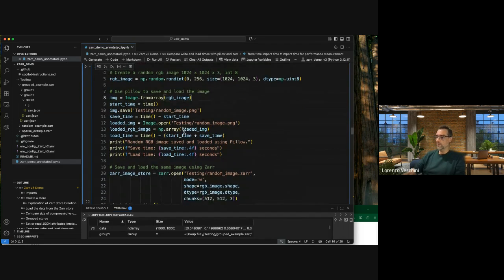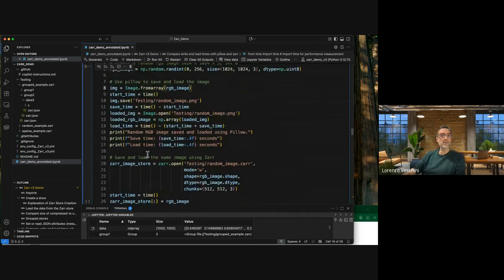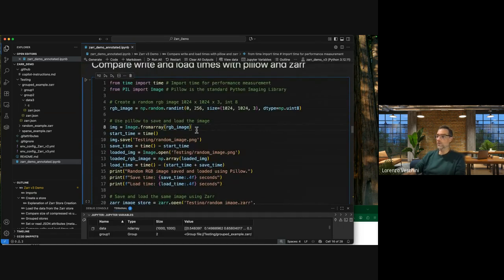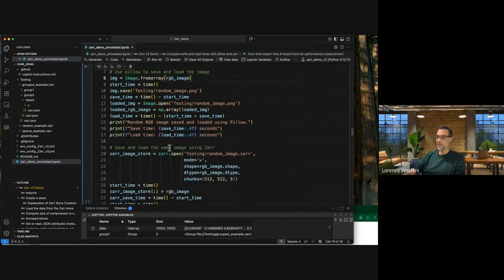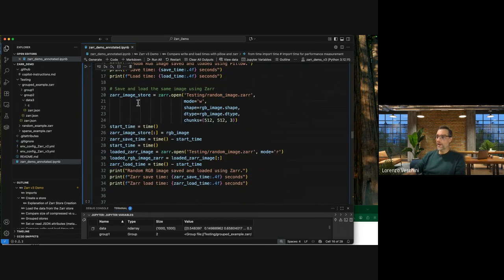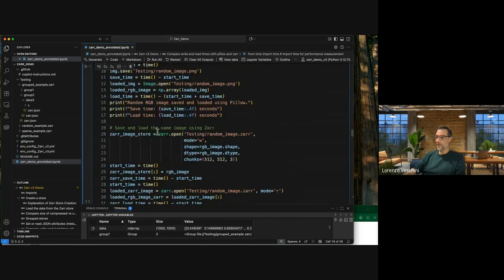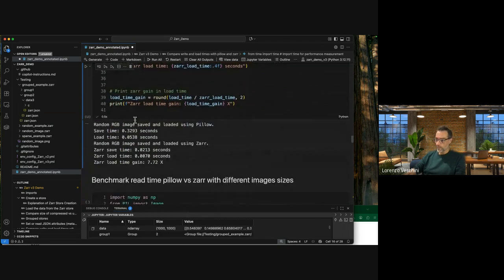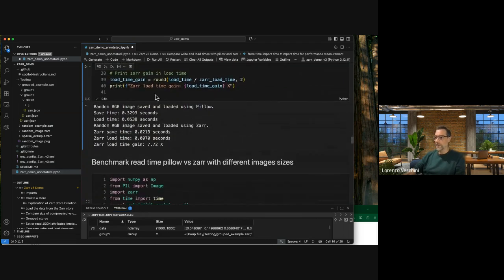Now, I'm not sure about the time, I think the time might be running fast, so I'm not going to describe this code. It's a little code that compares saving and loading images in one way or the other, right? And what we can see is that